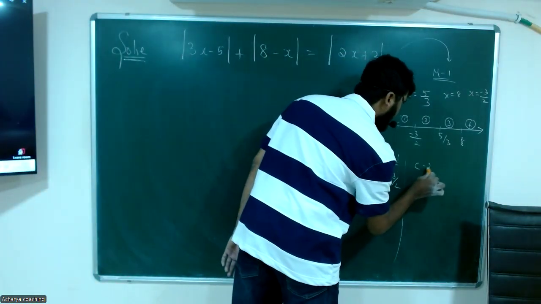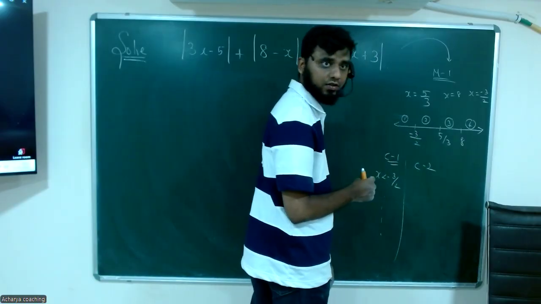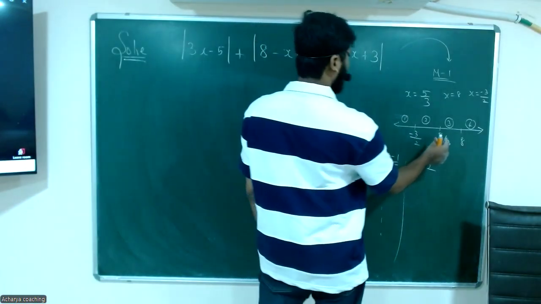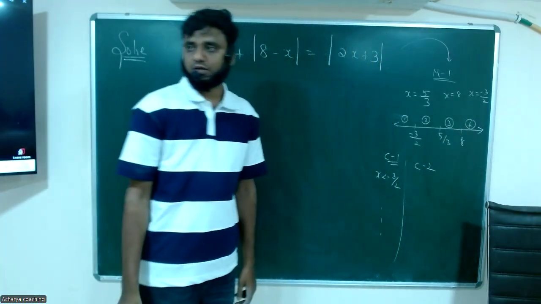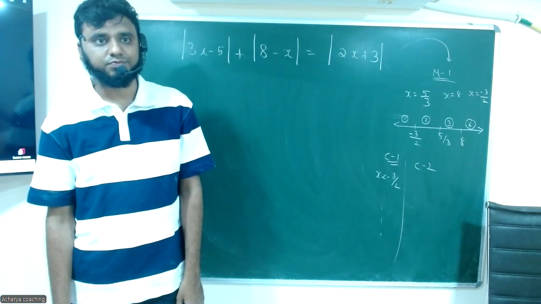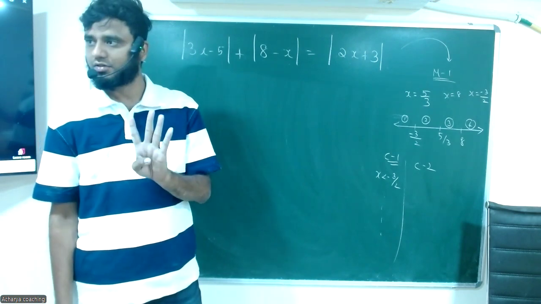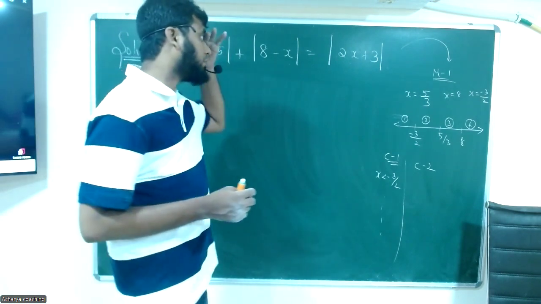Case 2, you have to take in between this interval, then you have to open, then you have to solve. Then you have to open this part. Clear? How many cases will come total? 4 cases. Clear? 4 cases will come. But instead of that,